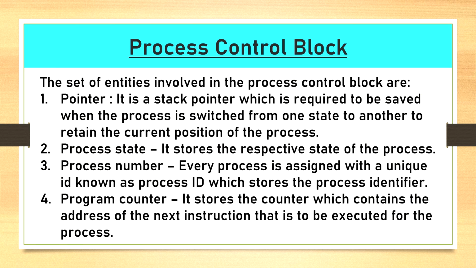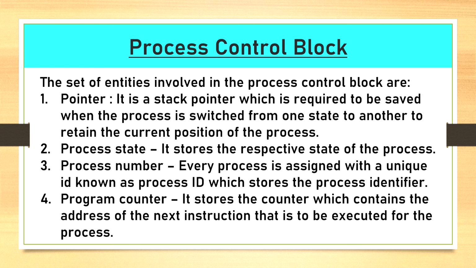Now let us understand the entities involved in the process control diagram. Firstly, we have pointers. The operating system maintains pointers to each process's PCB in a process table so that it can access the PCB quickly. Then, as discussed earlier, the process state stores the respective states of the process. Then comes the process number. So basically every process is assigned with a unique ID known as a process ID or PID,